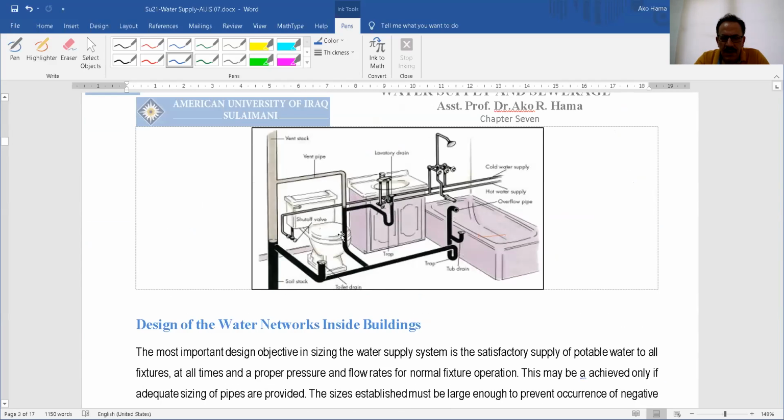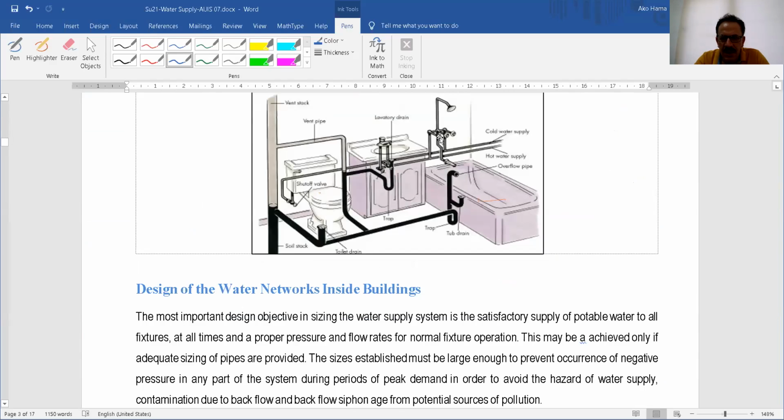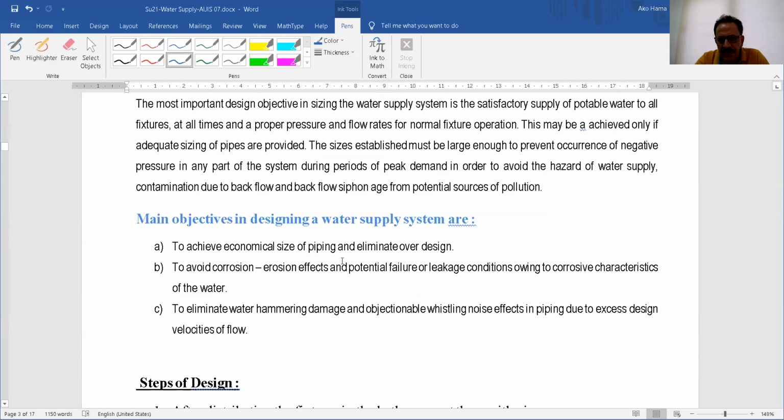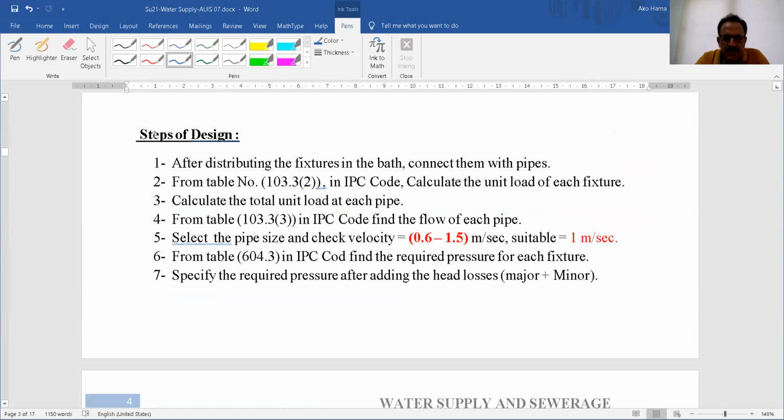Here is what the design should be, for the cold water and the hot water, and there will be the shower. I have it in AutoCAD, and this is for the 6 steps of the design after distribution. So we have to have the architecture. I want to show you some of the AutoCAD drawings about the plumbing.